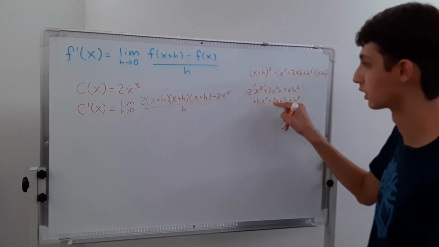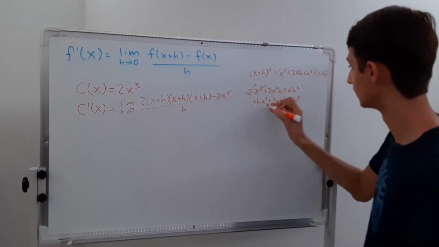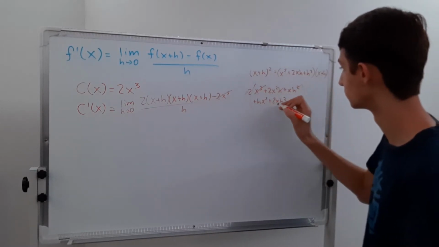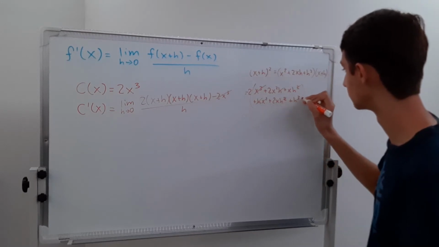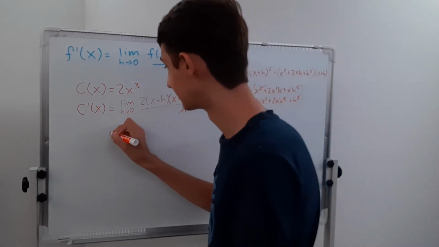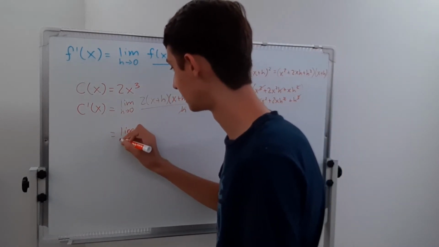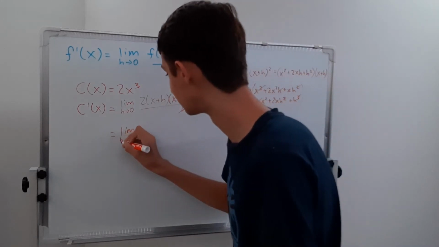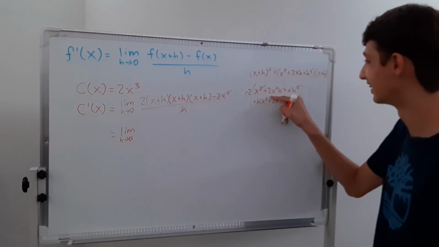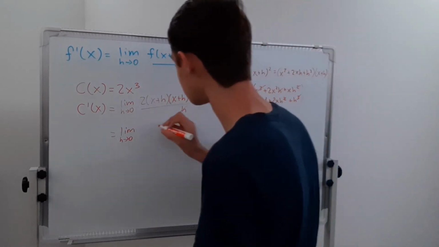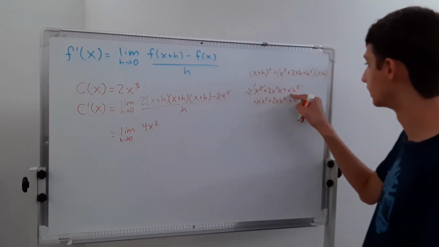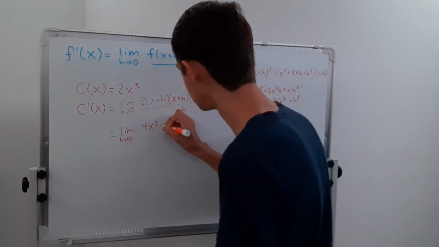And so we're left with, okay, so all the h's cancel out, and each of these terms has an h, which is good. This h cancels completely, one of those, and then one of those. Okay, so this is the limit as h approaches 0 of, okay, so we have 2x squared, 4x squared, because we multiplied by 2, 4x squared, and then this xh, so plus 2xh